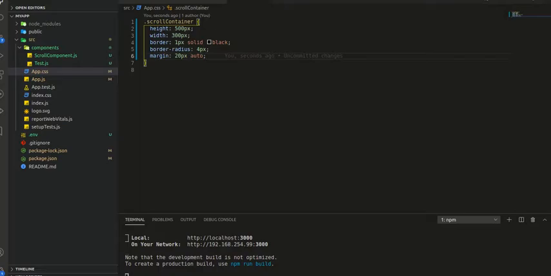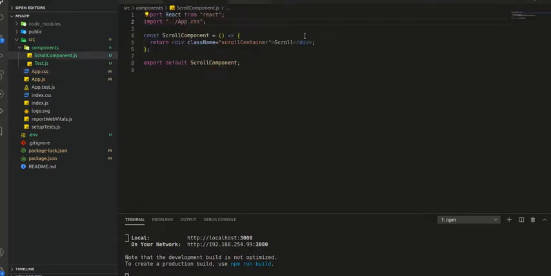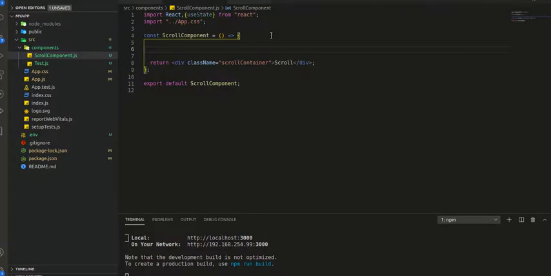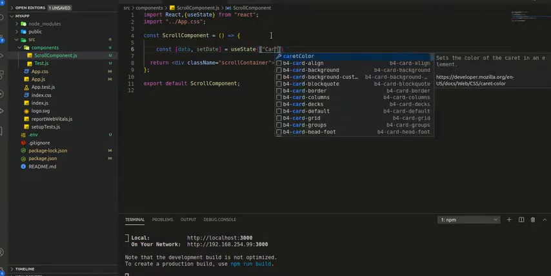So now we will add some content. So let's just first take one state. So this state will contain our data. So we will use data, setData here, useState, and the initial state will be some content.